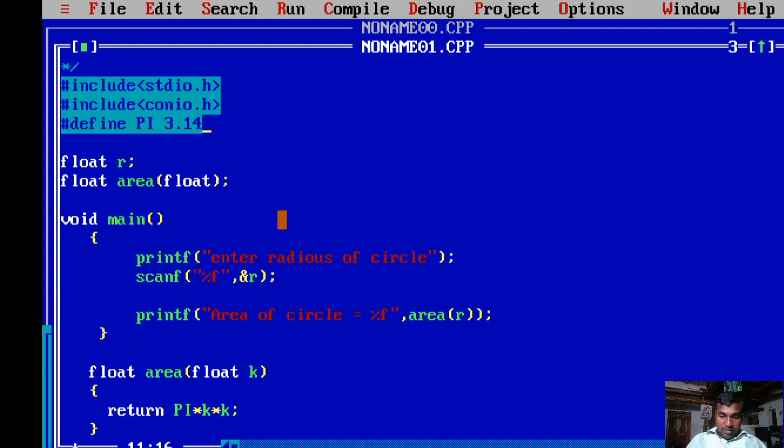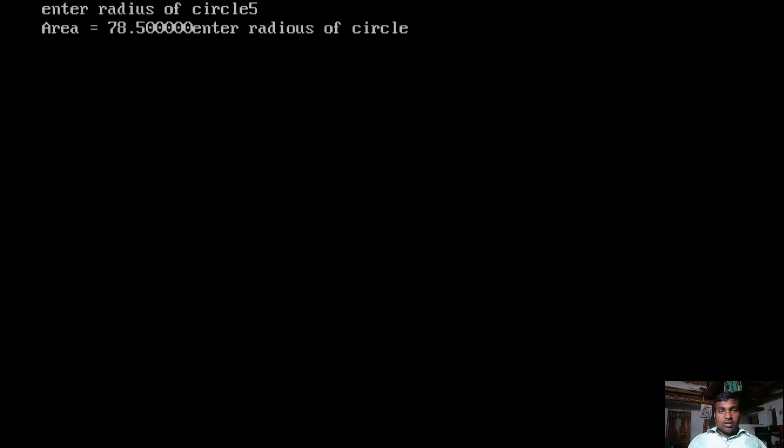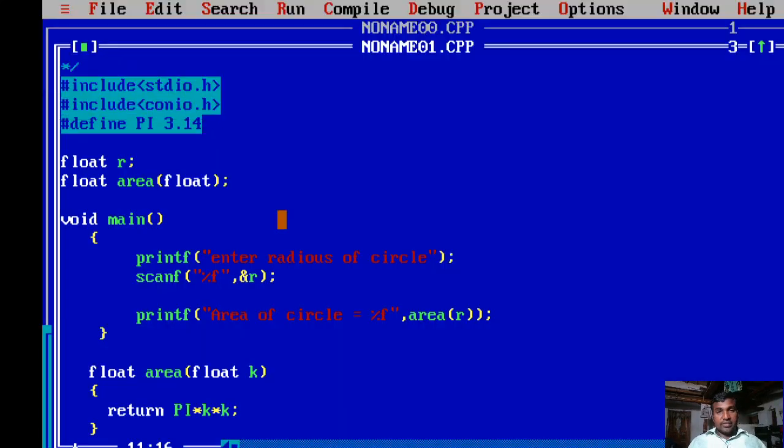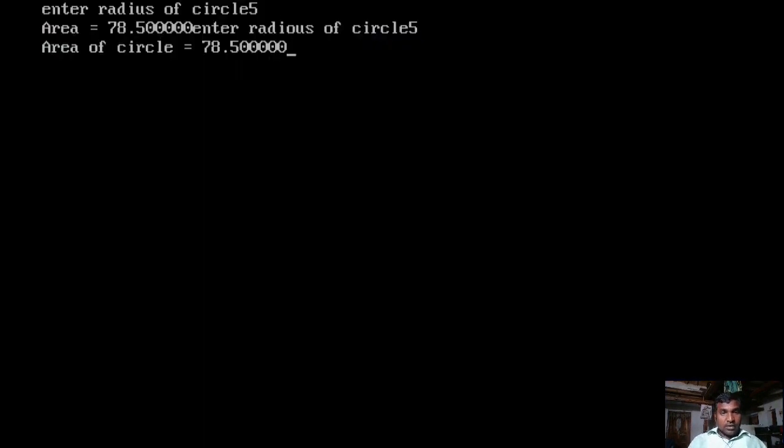Now compile the program and execute the program. Now it is asking for the radius. I am giving 5 and getting 78.5. Here the first 78.5 is the previous program output, and the second is the latest program we have written. For that particular program the area of circle is 78.5.